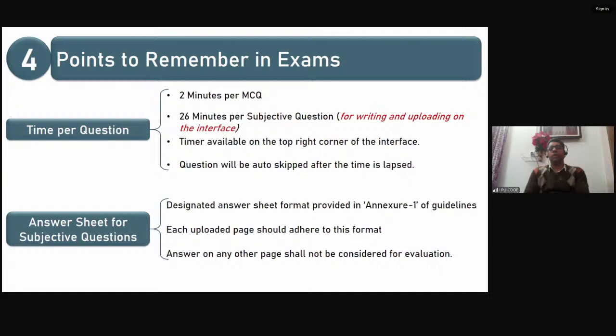Now, talking about the time per question, 2 minutes for the MCQ. I have given you the time limit. Then 26 minutes for the subjective question, for writing and uploading to the interface. Writing and uploading both are included within the 26 minutes. So preferably, I'll say you use 18 minutes for writing your question. After writing your question, do have 8 minutes in which you can upload the question into the interface, because sometimes